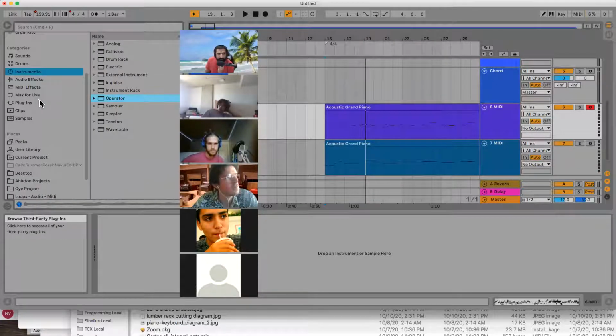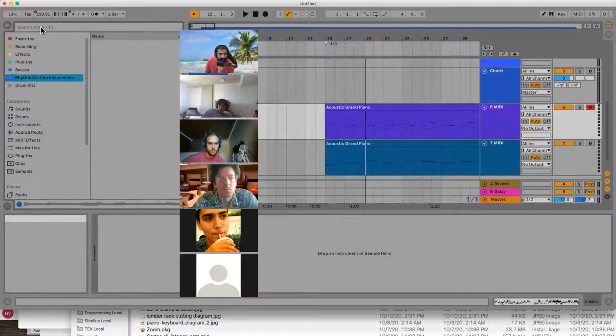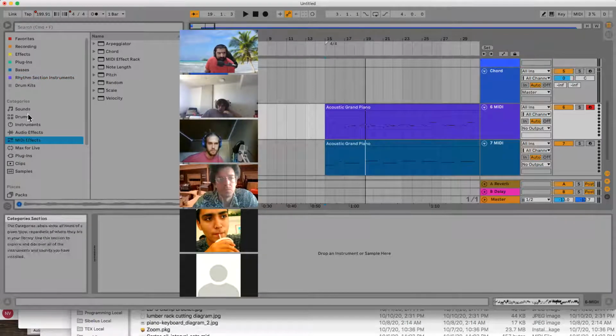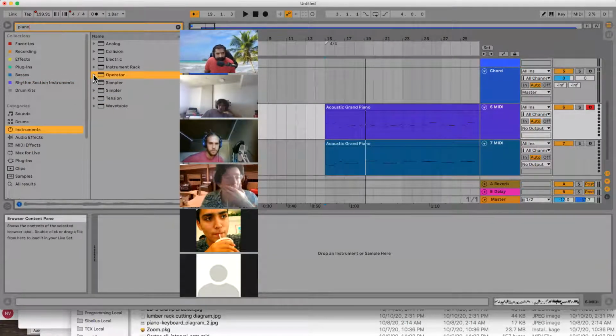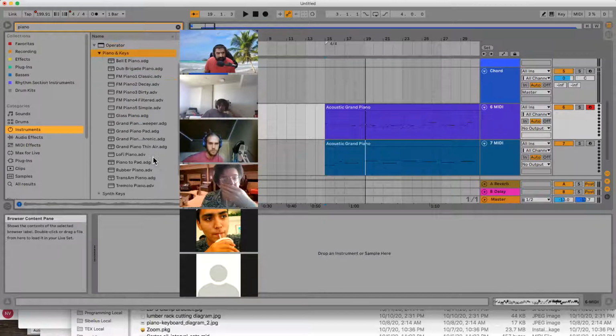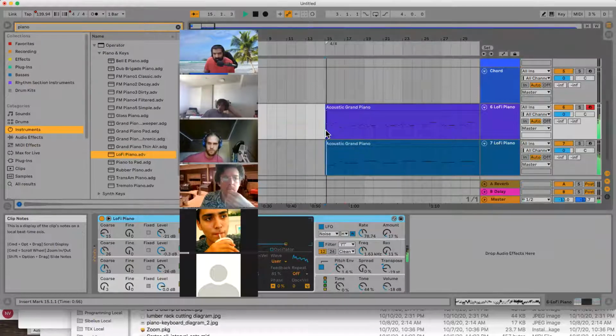So what I'm going to do is go to instruments. I'm just going to look at one of my favorites, rhythm section instruments. Oh no, it's gone. I'm going to go to piano. And how about just a lo-fi piano? I'll drag it here, and now